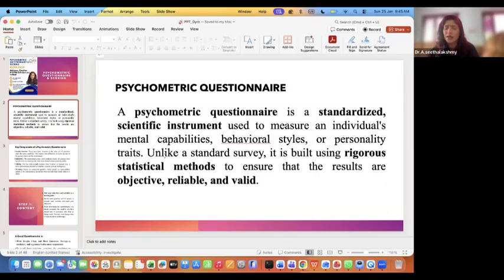Whatever you are measuring, initially whenever you plan, you will have an idea of what you are going to do. You will have the variable set for your research, and once the variable is set, how am I going to get the exact measurement for this variable, maybe a personality style? I will ask certain questions related to that. Well and good, put it aside. Now make that a standardized one. How? That's the next question. That's what we are going to discuss here.